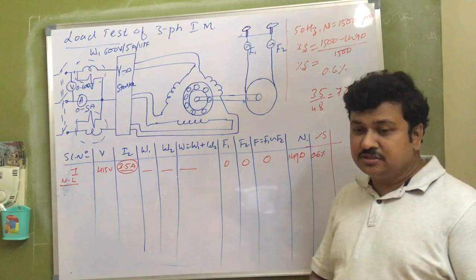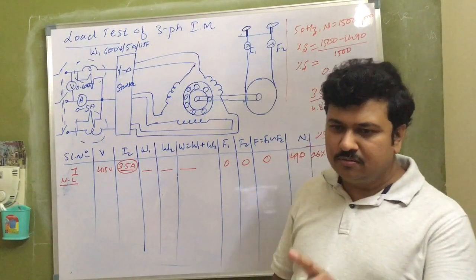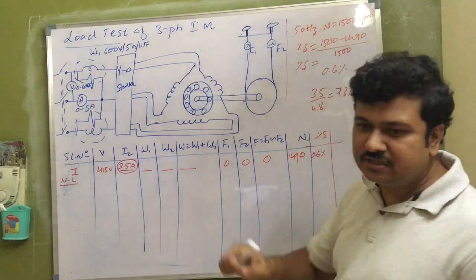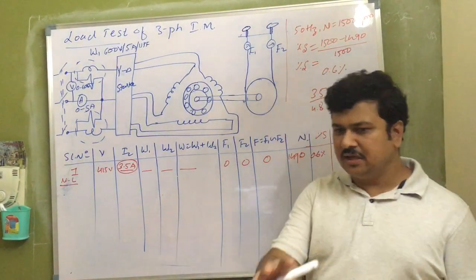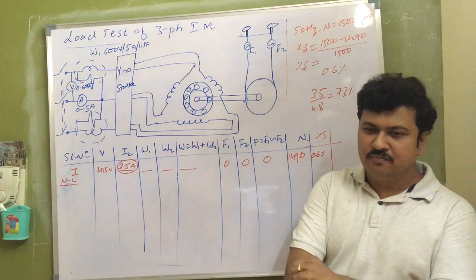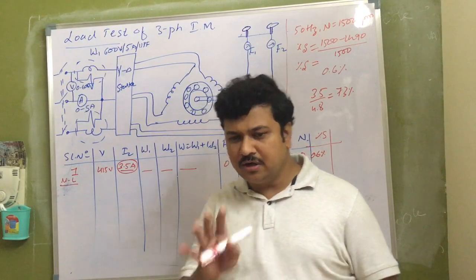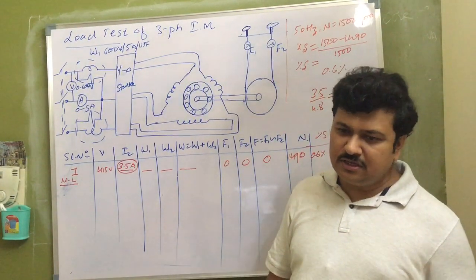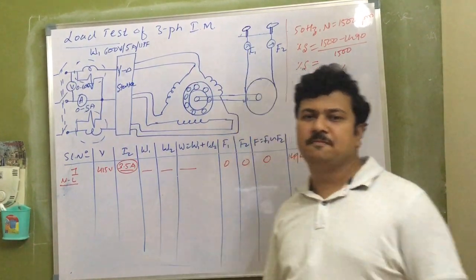The no load current is 73% of full load value. Does it mean the motor is at 73% of full load condition? In the last class of the lab session, I told you that for a motor, the value of line current will not decide the load condition of the motor. It is the amount of output delivered to the load that decides the load condition of the motor.